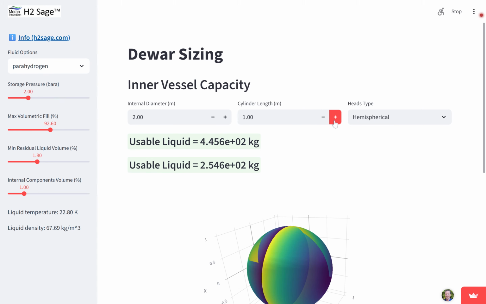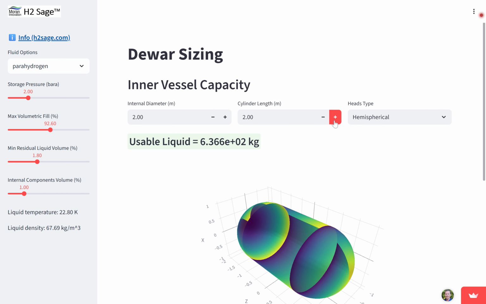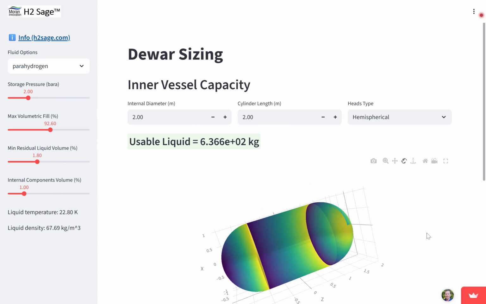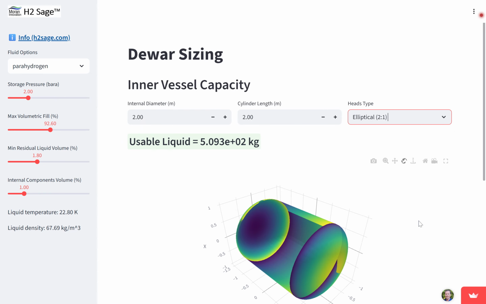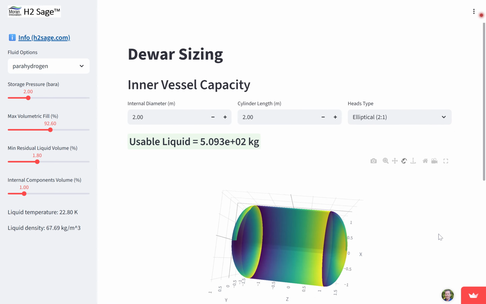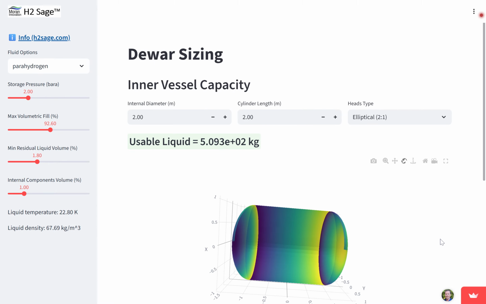But for a lot of applications, you're probably going to be doing something with a cylindrical shape that has heads or ends on it, either hemispherical, which is shown here, or you can put in elliptical 2-to-1 elliptical heads, which gives you a flatter kind of profile there, can fit more volume in for a shorter overall length of the cylinder. However, you do have to have more thickness for these elliptical heads than you do for hemispherical heads,